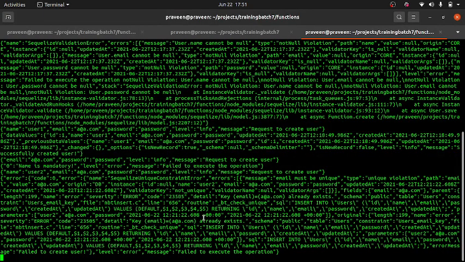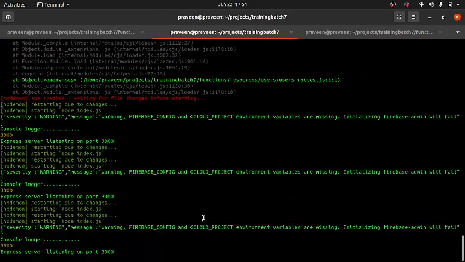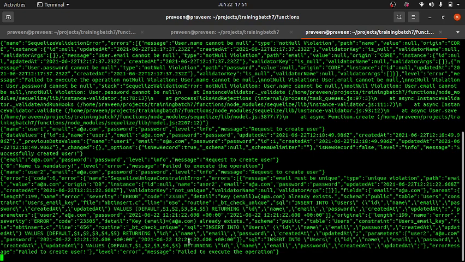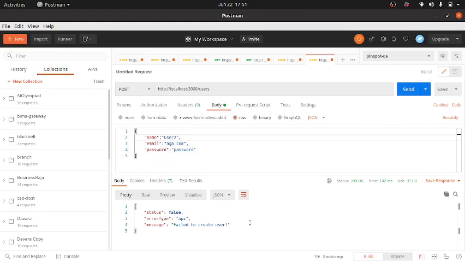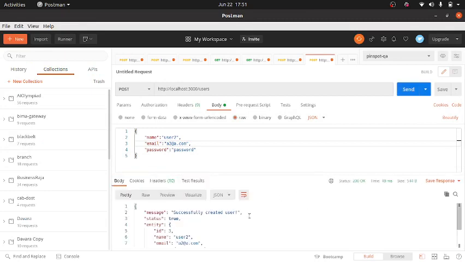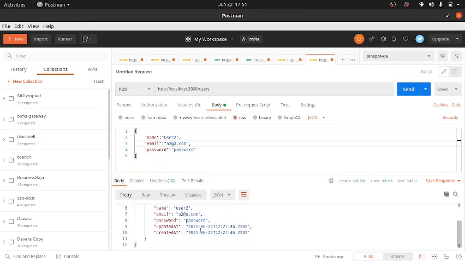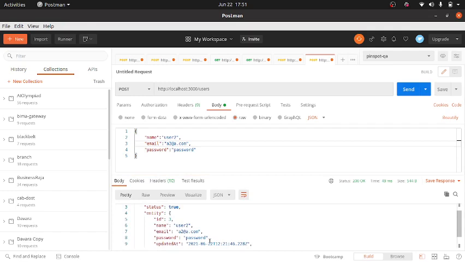Let us look at what the problem is. I think email is mandatory, is it? Unique field constraints, I think. Yeah. Okay, so I'll change this email also to a2@a2.com. So now this passed, right?